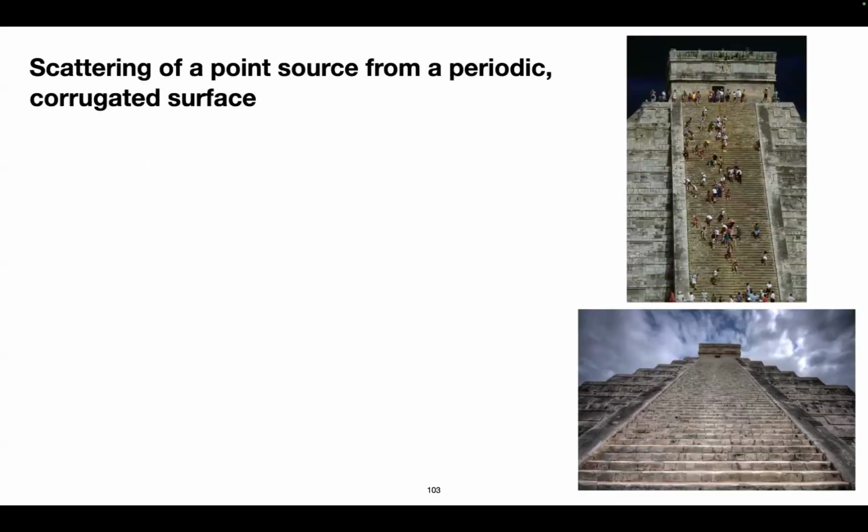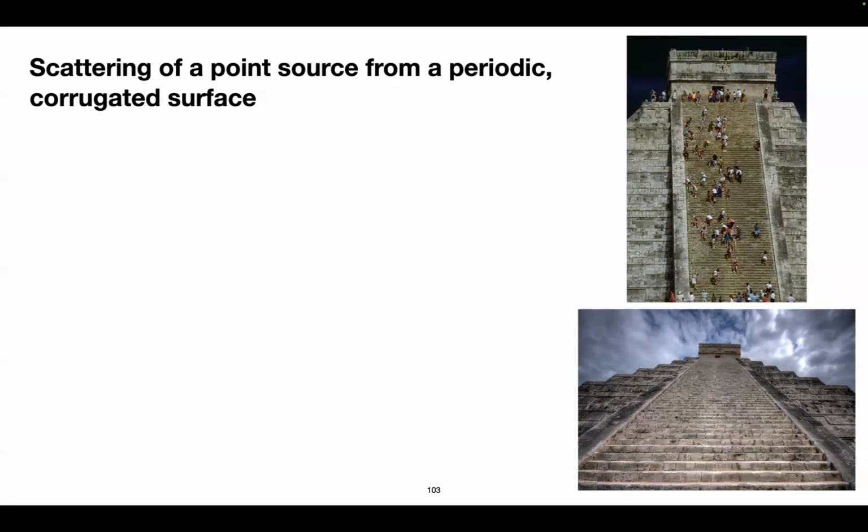Right. So that concludes the first half of the talk. And now I'm going to transition into partial differential equations in complex geometric settings. And the problem that I want to talk to you about is actually the one that I've shown in that second or so figure, which is acoustic scattering from a temple like Chichen Itza.